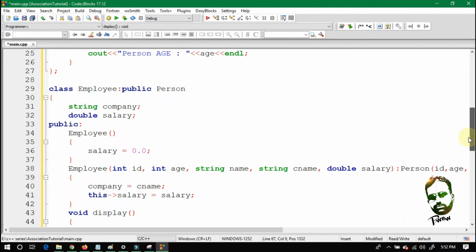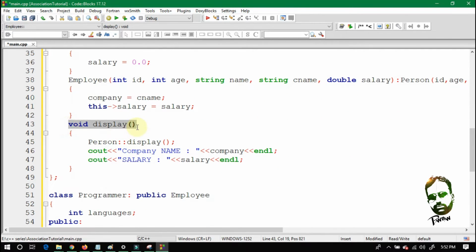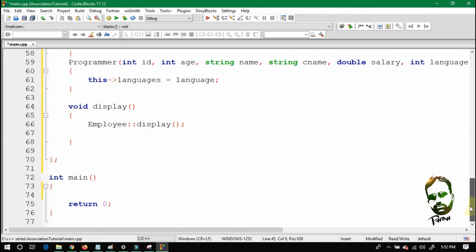So the call will go into here at line number 43 and at line number 45 it will call its parent display method, which is basically the person class. So the person display method will be called. So here should be cout languages. The value is languages basically.